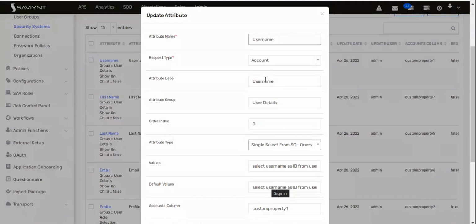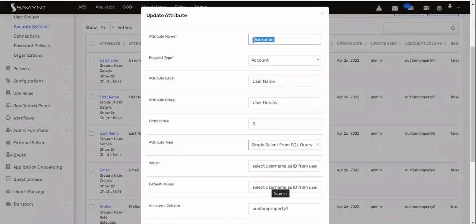Name is username, but the label can be different. Label is whatever we want to display over the form, right? So let's say we are giving it a label like this, username, because it is more readable, right? So label is the display name, but attribute name is